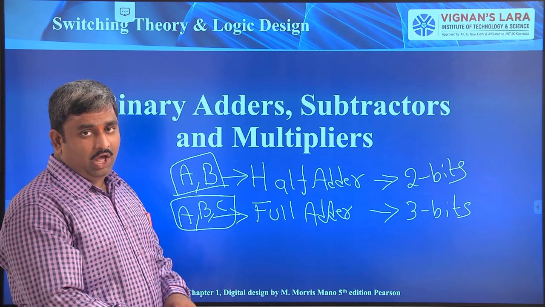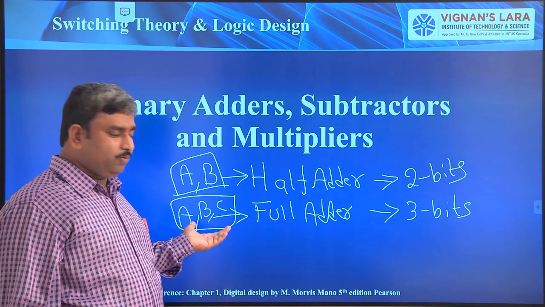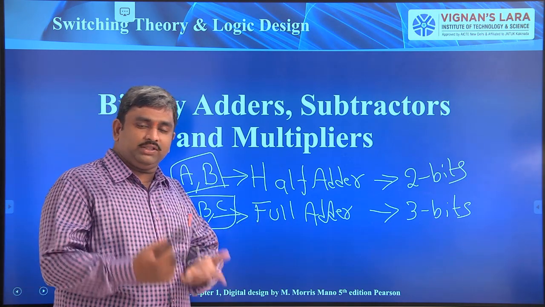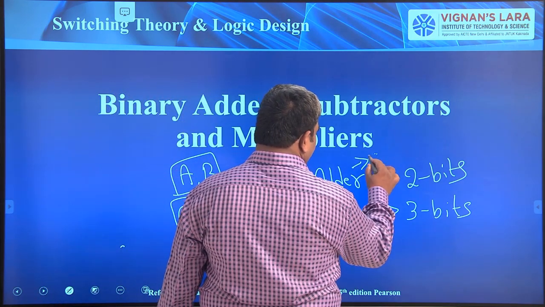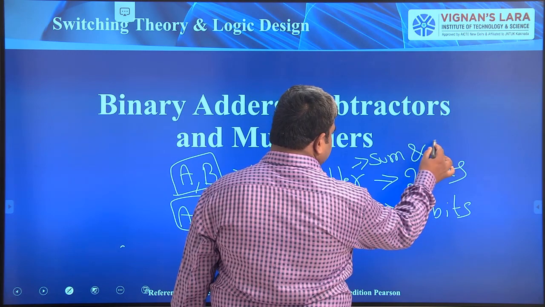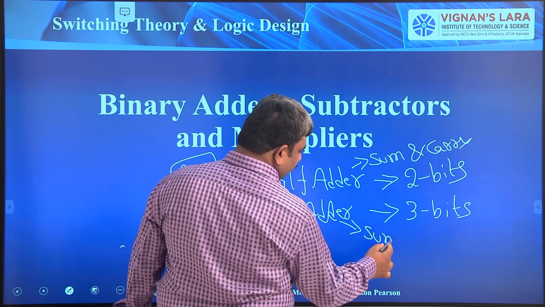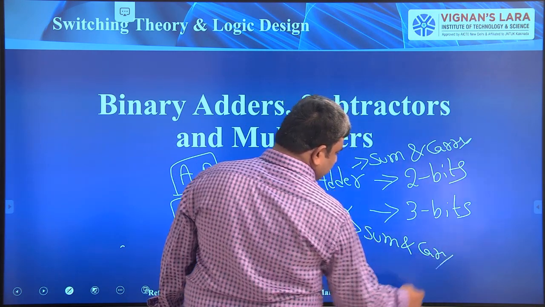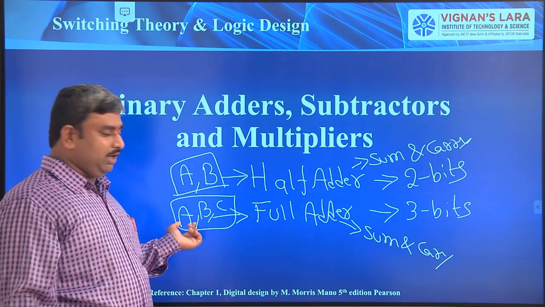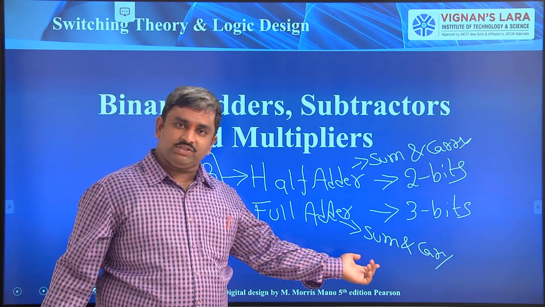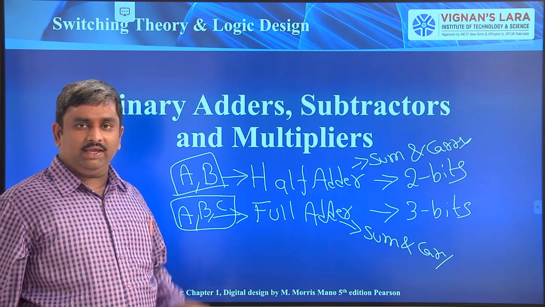Next, after the addition operation, what are the outputs? When you are doing the summing operation, the output is nothing but a sum. So the final output is sum, and one more is also there, carry. Okay, sum and carry. So this is also for the full adder, sum and carry. Sir, here we are using 2 inputs, so for that reason we have written sum and carry. Here we are taking 3 bits. Here also we have sum and carry. We don't have any other outputs. Here we have only sum and carry.